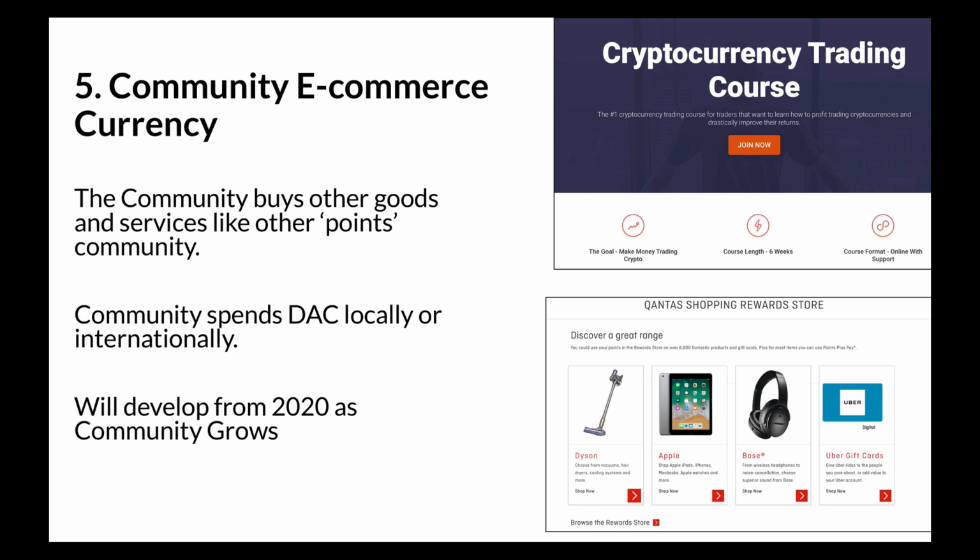Now, with a lot of education, it's very global, so we want people to be able to pay using our own coin to be able to do that. But the other thing is like airlines. So that's like Qantas Airline. They have points. You can redeem them for more than just flights. You can also get vacuum cleaners and iPads, okay? And we want to be able to offer that to our people. We can't do it yet because obviously our organization isn't quite large enough, but we will in the future, all right?